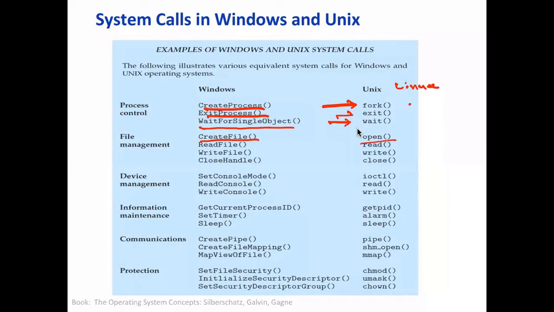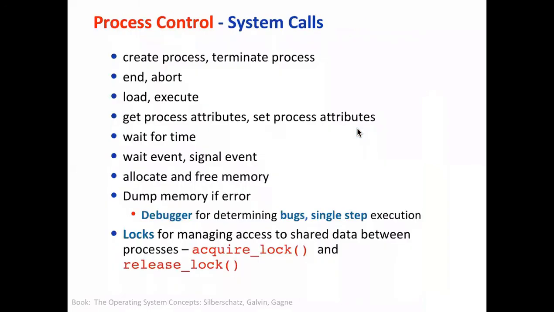You can see there are a large number of syscalls, and this slide shows which syscalls are for creating a process, abort, load, execute, wait, and even getting time signals or time values. All these things require syscalls. In fact, we will study locks in detail. How can we create a lock so that a part of the code can be executed by only one process at a time? We call it mutual exclusion. One method to achieve mutual exclusion is the lock.